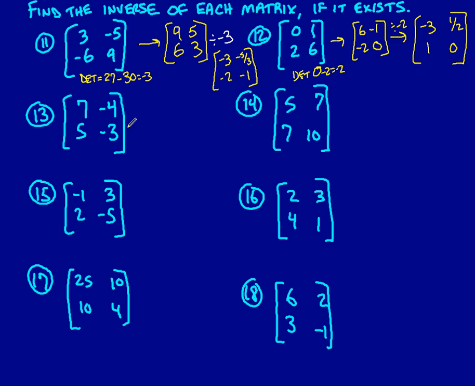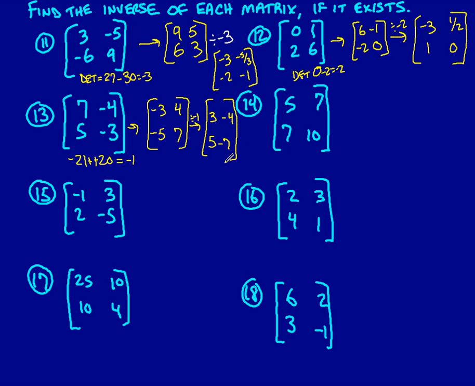Okay, same thing on this guy. We're going to start with flip-flopping the main diagonal. Change the sign of the other diagonal. And now, determinant is negative 21 minus a negative 20. Minus a negative means plus a positive, so my determinant is negative 1. So I need to now divide everything by negative 1. Well, that just means changing all the signs. So this would be positive 3 and positive 5 in the first column, negative 4 and negative 7 in the